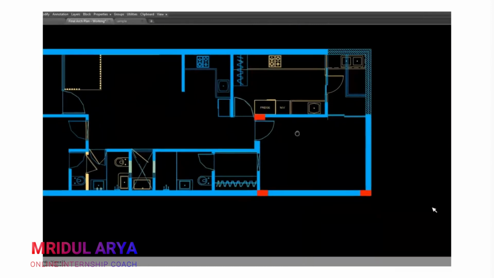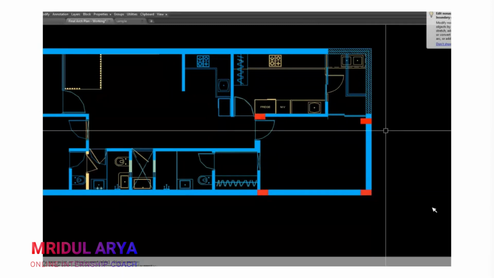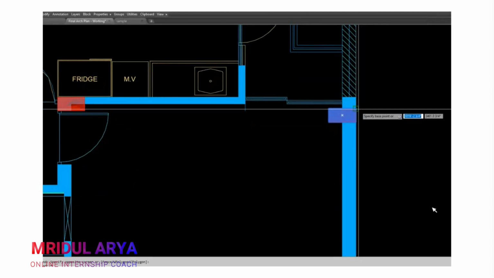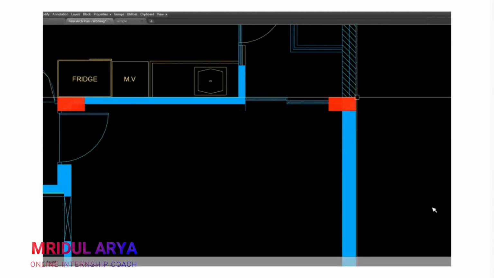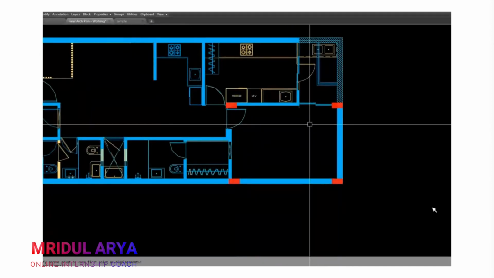Okay, next I will come to a place like this. Now you see, I'm trying to place columns on a straight grid, vertical or horizontal.